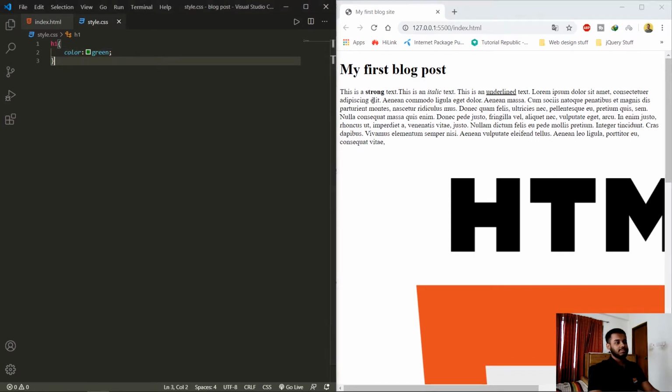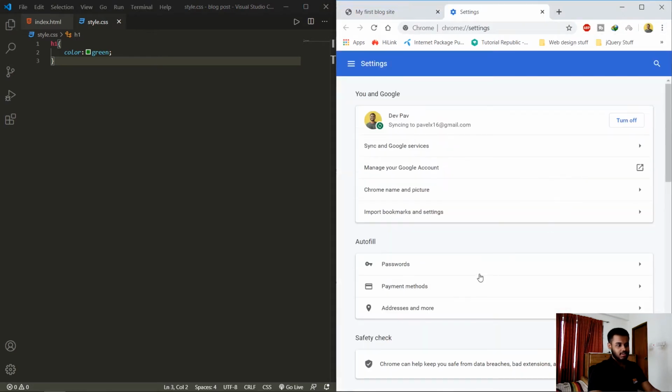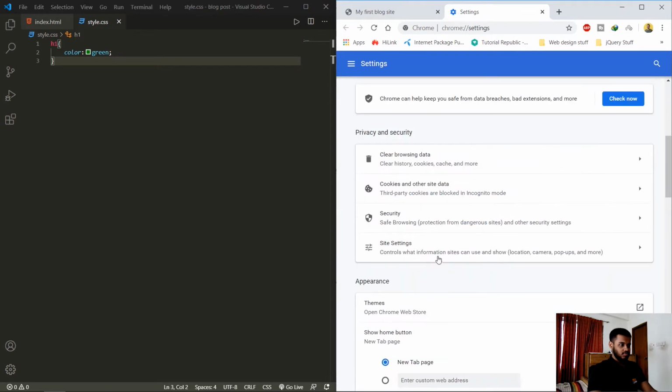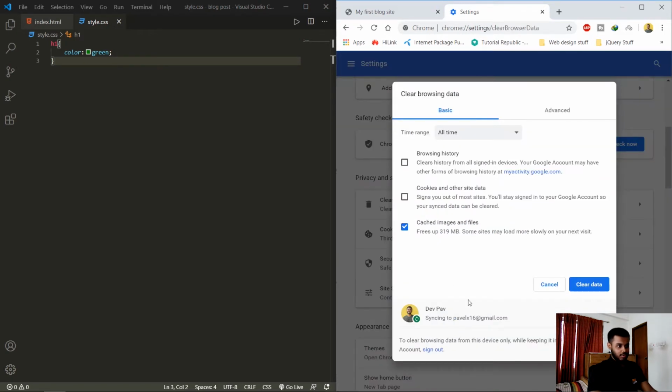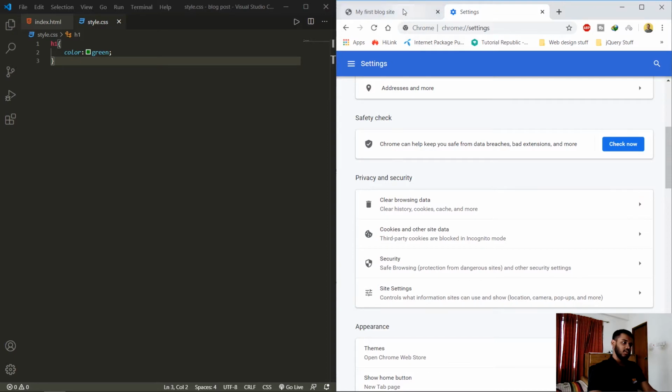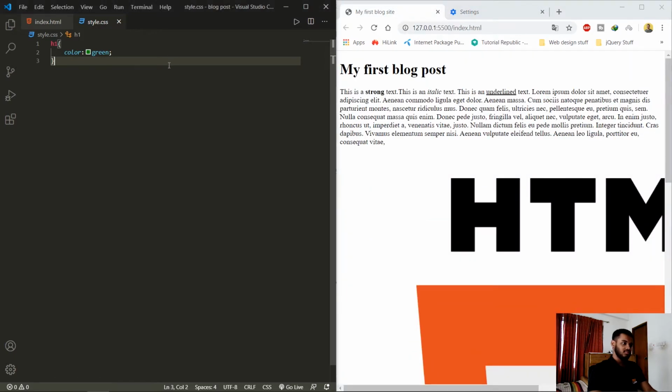So sometimes this might not work. What you can do is go to Google Chrome and go to the settings, and here, go to clear browsing data, and what you're going to do is clear up your cached images and files, and then click clear data. Now it should work. So if I refresh this,